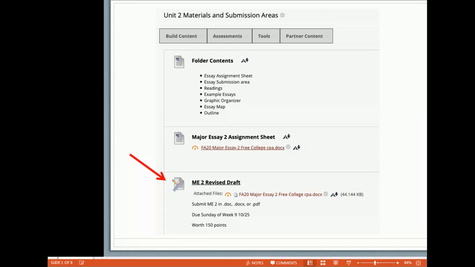So you can't always see the rubric that an instructor attaches to an assignment, but in this class we do make them available, and most of the major assignments are going to have them. So first you go, in this particular case, to the Unit 2 materials, and you look for where you're going to be submitting the essay, right? It has the little assignment icon, the little red marking pencil over the document. So you open that up,